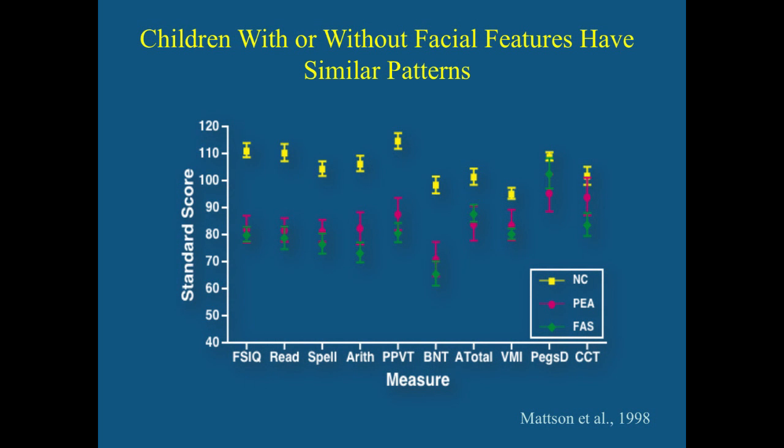These are data from Sarah Mattson and Ed Riley, and in here she has demonstrated that the IQ scores of individuals who have heavy prenatal alcohol exposure are statistically about the same, irrespective of the physical manifestations. And so while it is important to understand that children who have fetal alcohol syndrome and growth deficiency and microcephaly and the physical features, it's not unexpected that they have academic difficulties, it's important to understand that a baby who is exposed to alcohol can have intellectual challenges irrespective of the physical findings.